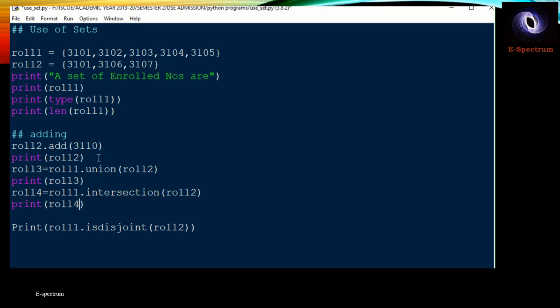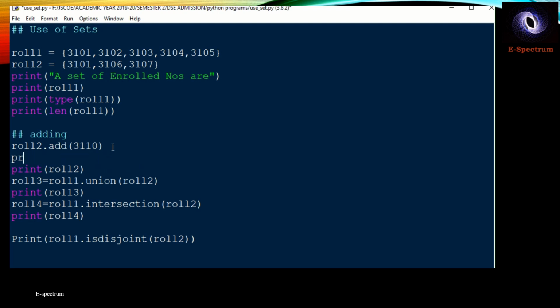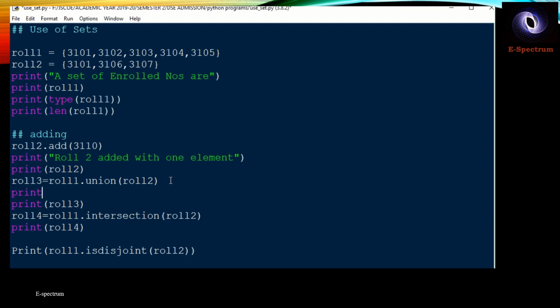If you want, you can add the statements. Then roll 3 is union, so let us print it as union of two sets each.